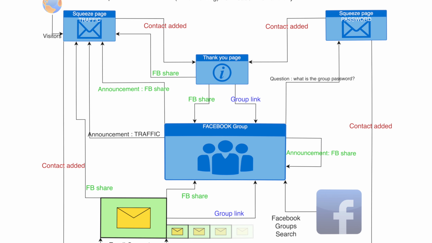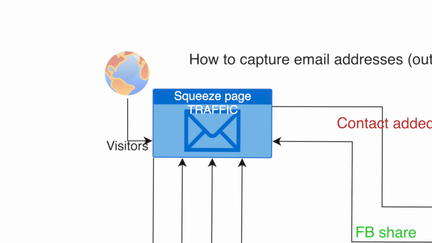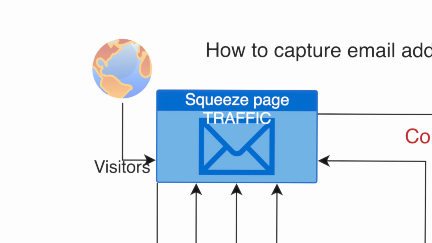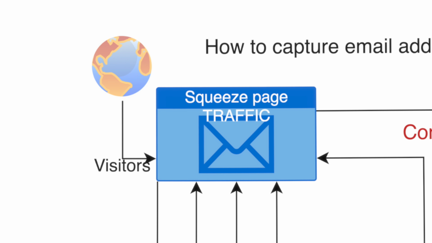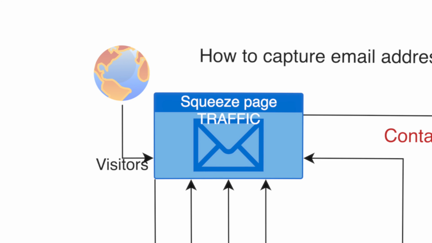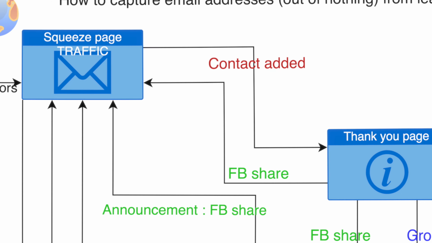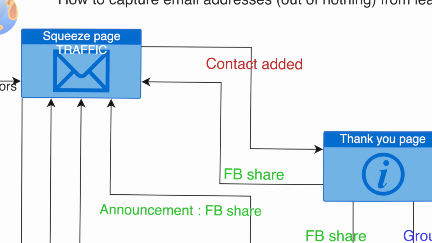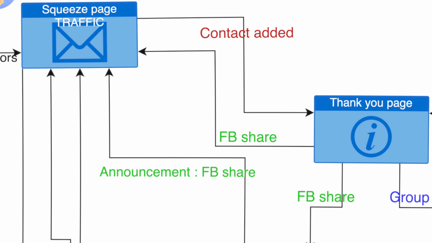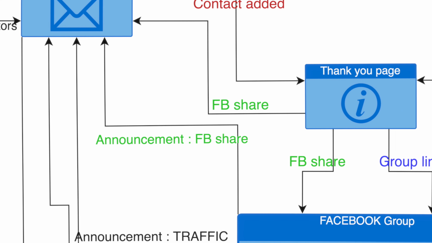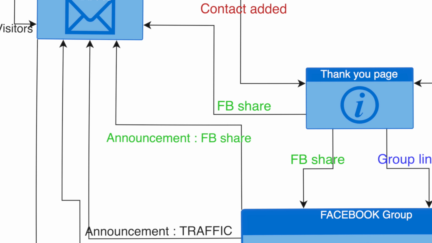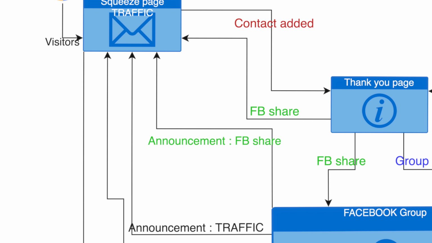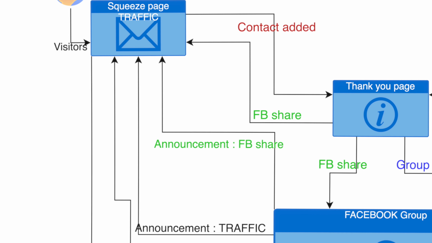So clockwise, we said. Are you still with me? Yes? Okay, so let's start with the first incoming link from the thank you page. It's just a share. We ask to share our traffic Squeeze page. Then the second one, same link, but coming from the Facebook group, asking to share our Squeeze page. The third one is just a direct link to the Squeeze page from the group in order to register and be in the email.